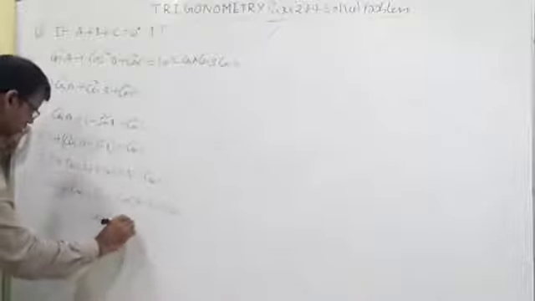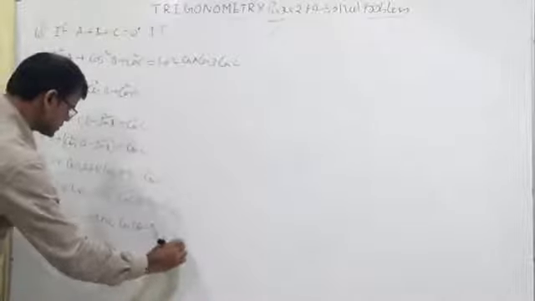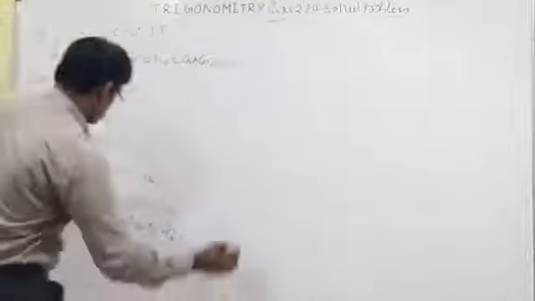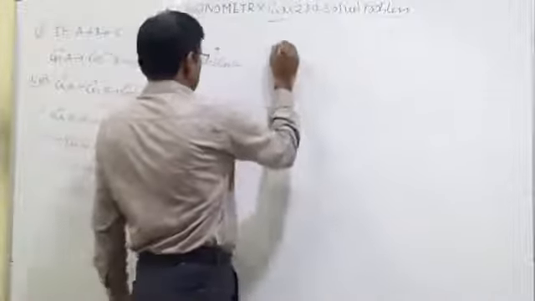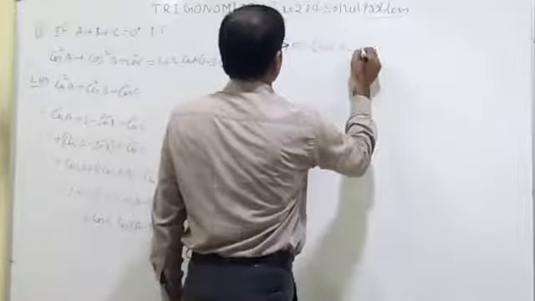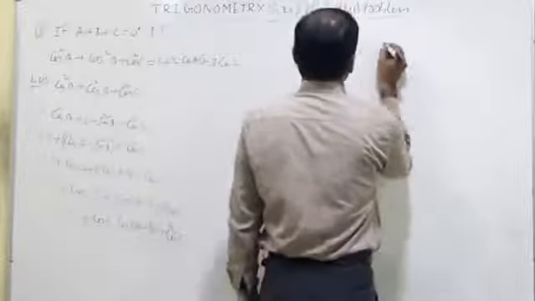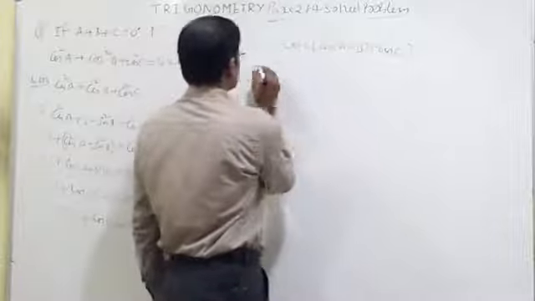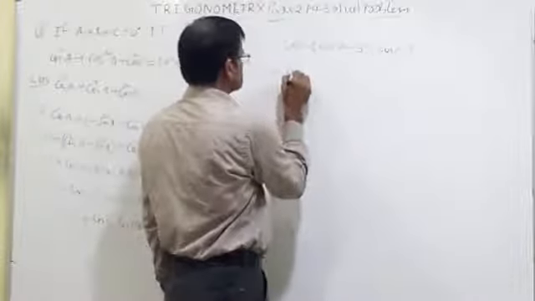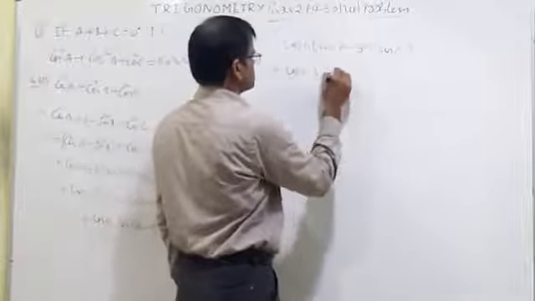1 plus cos C into cos of (A minus B) plus cos square C. You take cos C common. 1 plus cos C common within the brackets, it becomes cos of (A minus B) plus cos C. So this is 1 plus cos C into, first this one write as cos of (A minus B) plus cos